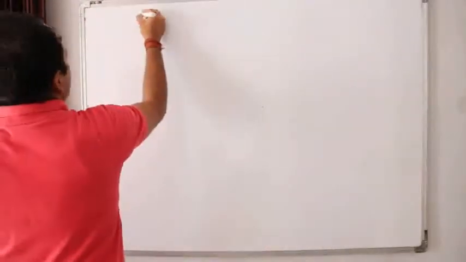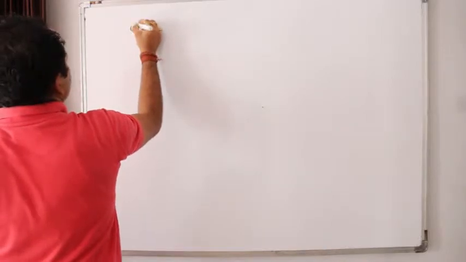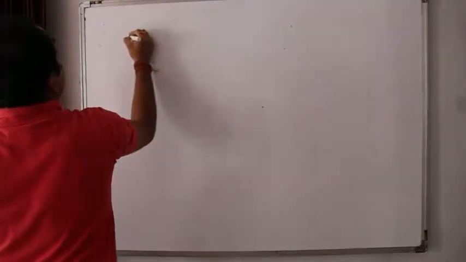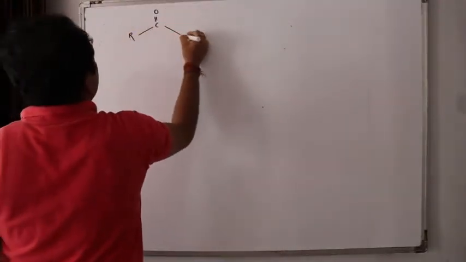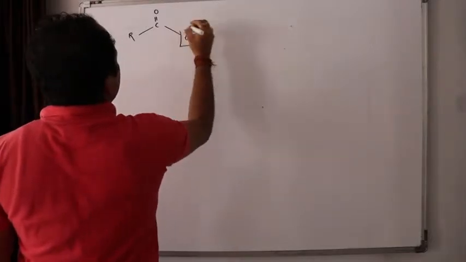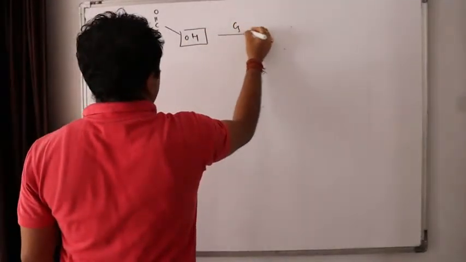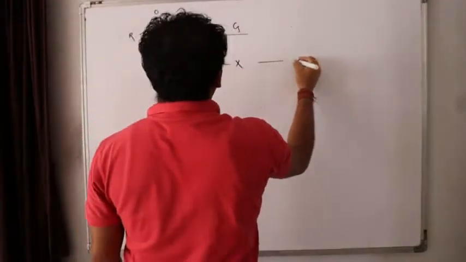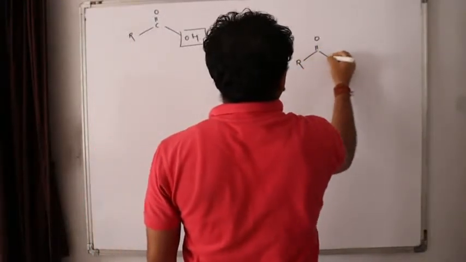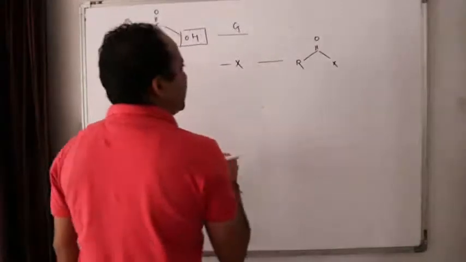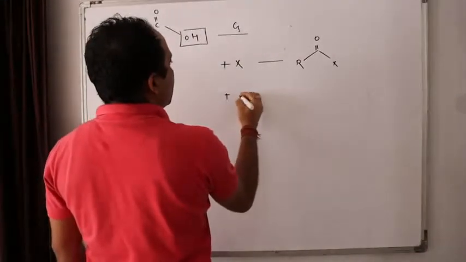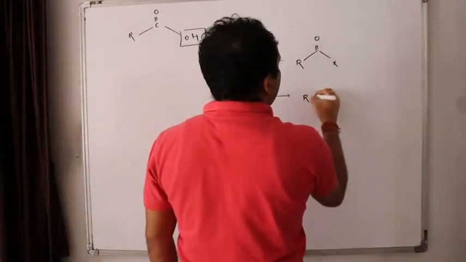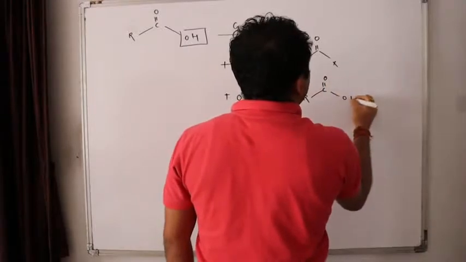For example, we are going to discuss carboxylic acid, isn't it? So carboxylic acids may be like this, CH3, or I can write like this, RC double bond O OH. When this OH is replaced by a group G, this G may be either halides to form RCOX, known as acid chlorides. This G may be an alkoxy group to form RC double bond O OR, esters.